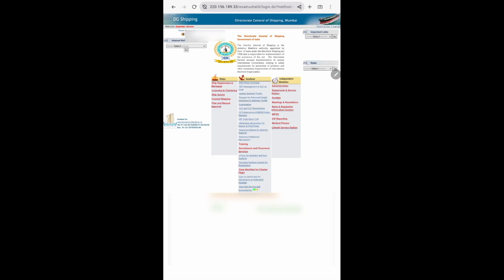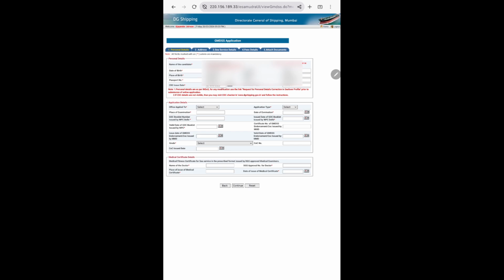So this is a window which appears. Now you read this page, and once you see the first, second, third, fourth, fifth, sixth, seventh line that shows DC endorsement GMDSS radio operator, then click on that. Once you click on that, again a new window comes with heading called services for seafarers nautical. In that, if you go in second last line, that is application for GMDSS radio operator. So click on GMDSS radio operator, and these are the step by step.